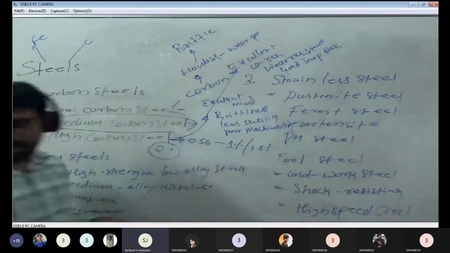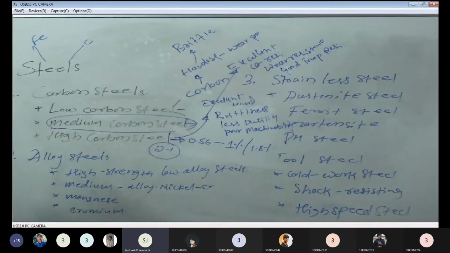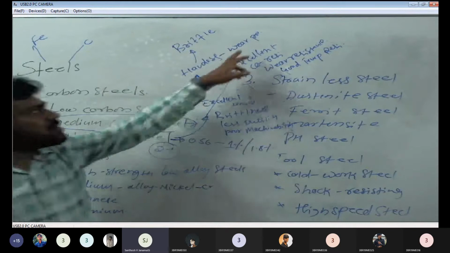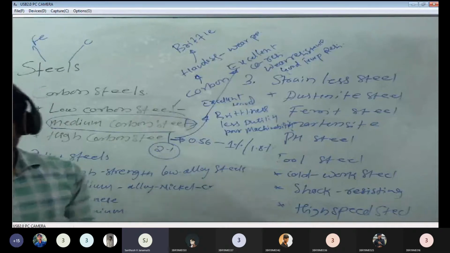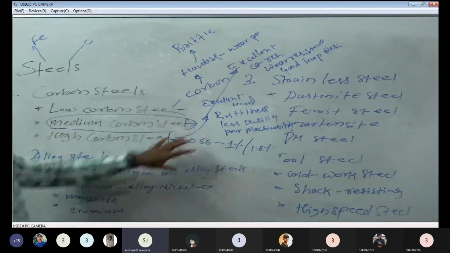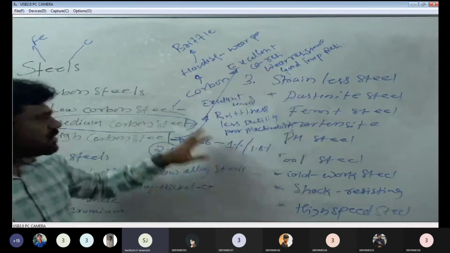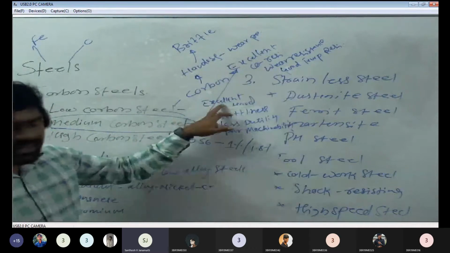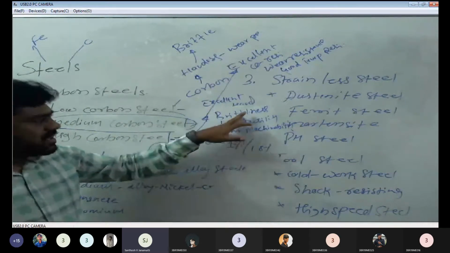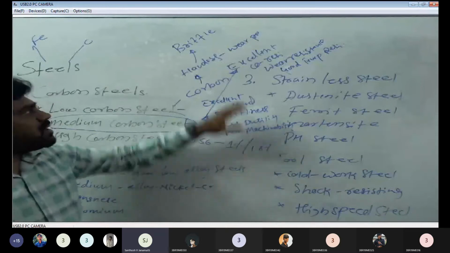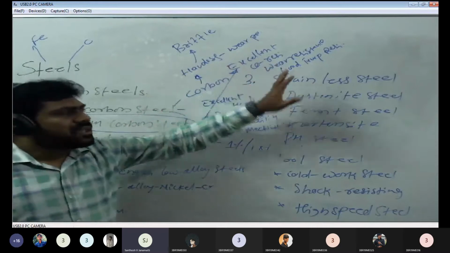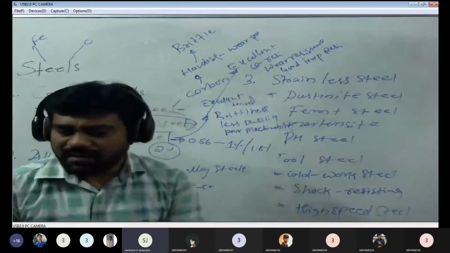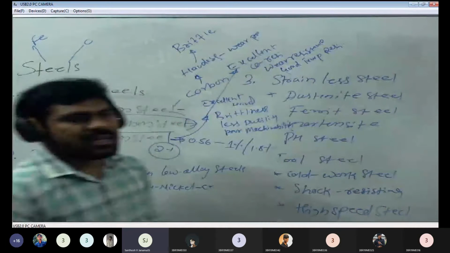You might have heard of the hard property. So assume there will be a wear property, something that will resist wear also. Now these are the properties of the high carbon steels. Once again, I repeat, don't get confused: excellent hardness, brittleness, less ductility, poor machinability, wear resistance, excellent corrosion resistance, then good temperature withstanding capability, or ability to withstand the elevated temperature.